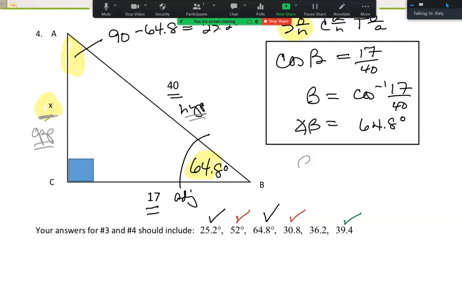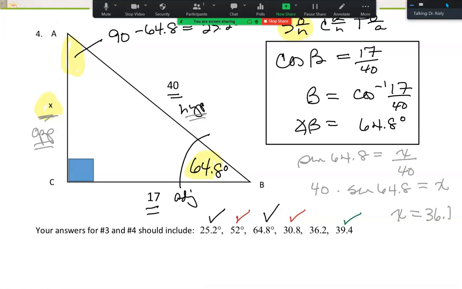So the sine of 64.8 equals x over hypotenuse. So, a one-step problem: 40 times the sine of 64.8 will equal x,